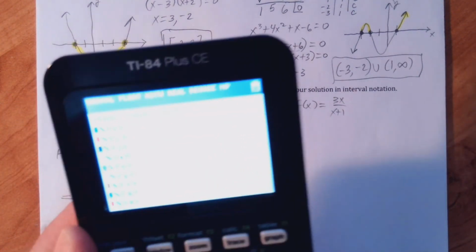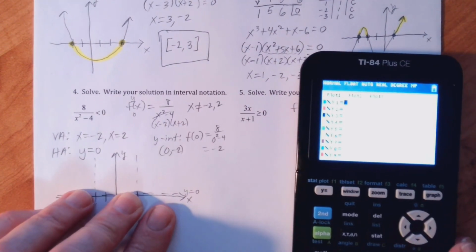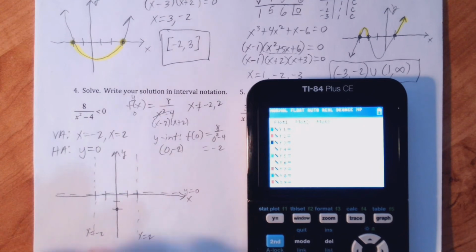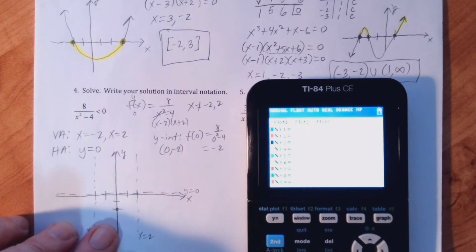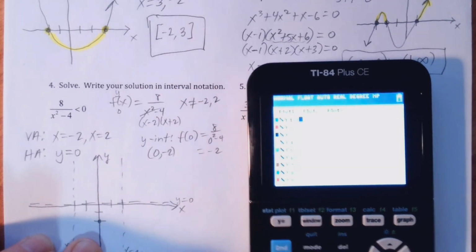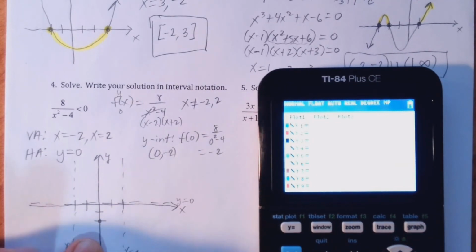So let's go ahead and enter this in. I'm going to go ahead and make this just a little bigger. Hopefully that'll help. We'll do that. I think that'll be good enough. So we're going to want to put in 8 divide parentheses x squared